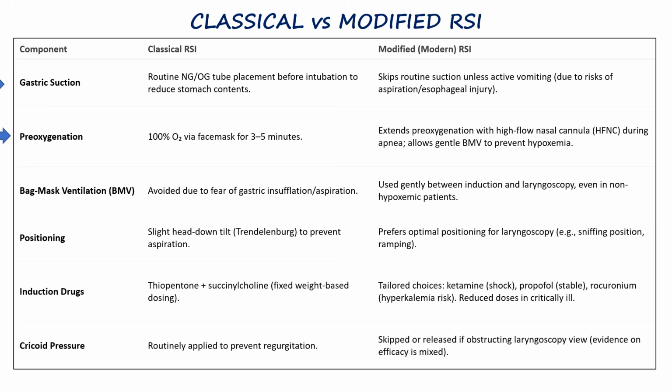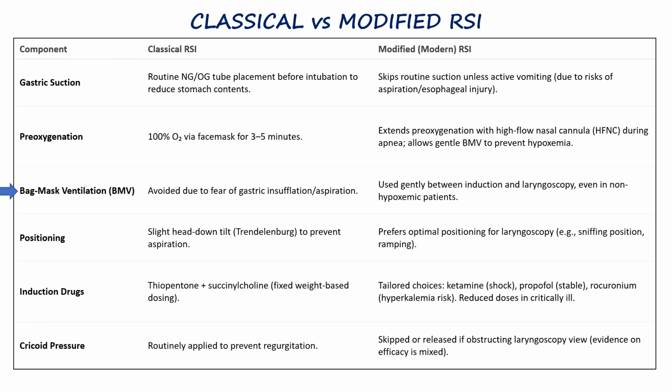For preoxygenation, classical RSI uses the standard 100% oxygen via face mask for 3 to 5 minutes, whereas modified RSI often extends that with high-flow nasal cannula during apnea to maintain oxygenation longer, especially in patients prone to rapid desaturation. While traditional teaching cautioned against bag mask ventilation due to concerns about gastric insufflation and aspiration, studies have shown that it can be effective and safe in preventing hypoxemia during the critical interval. So in modern RSI, gentle bag mask ventilation is often used between induction and laryngoscopy, even in patients who are